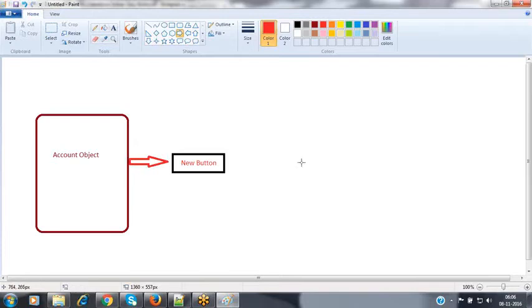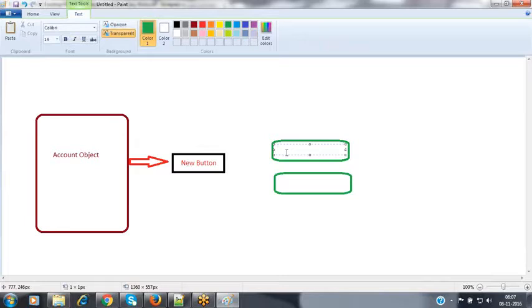it should not open the form directly. It has to show two options to me: one is the new customer, the second one is the existing customer.